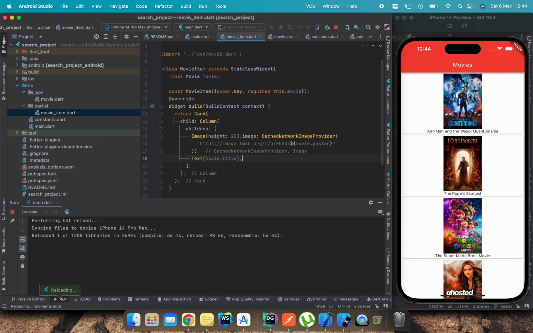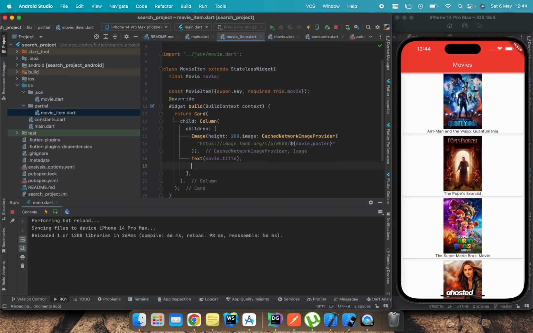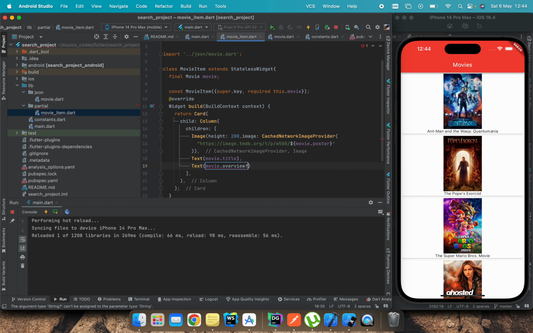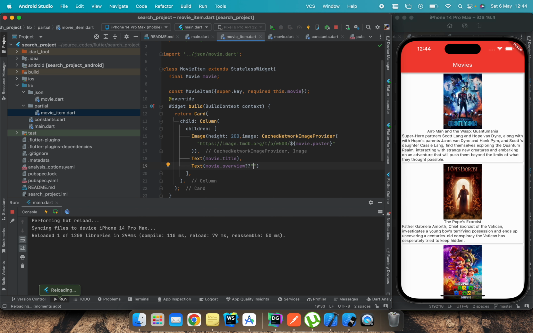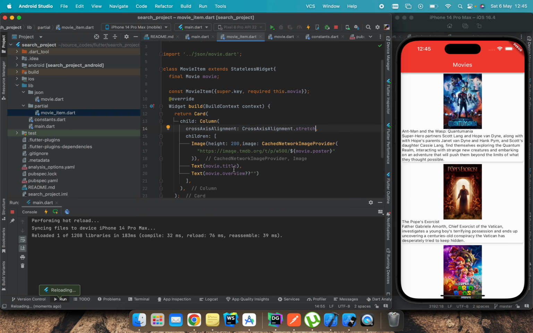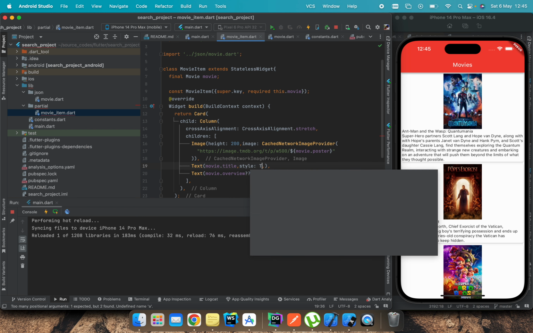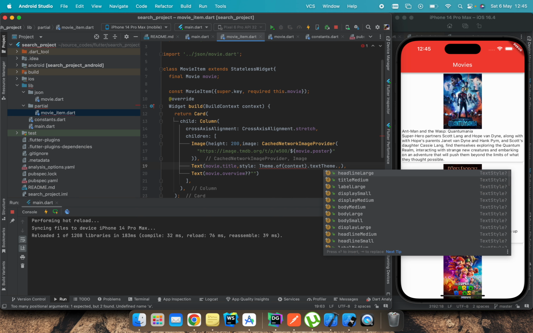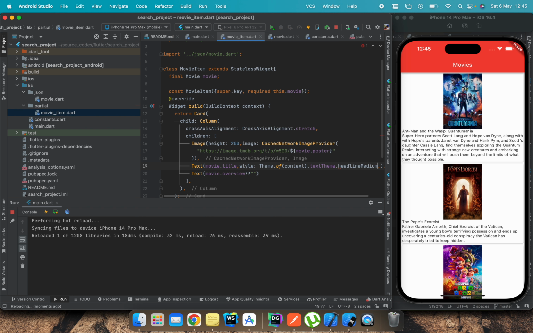With the title, we have movie.title. You can see that the title is also displayed, and you can also display the overview. As for the overview, I made it nullable because I think not all movies may have one. Also, we have to add the null safety operator to make sure it is displayed well. To differentiate the title and the overview, we have to add some style. Let's use the default Material UI style. Let's add headline medium,